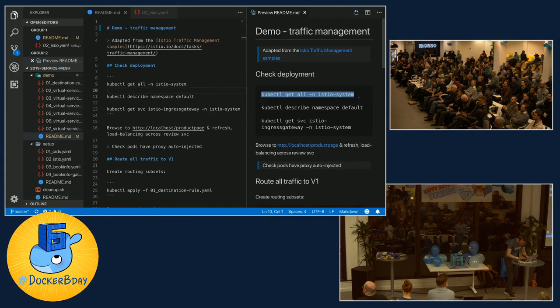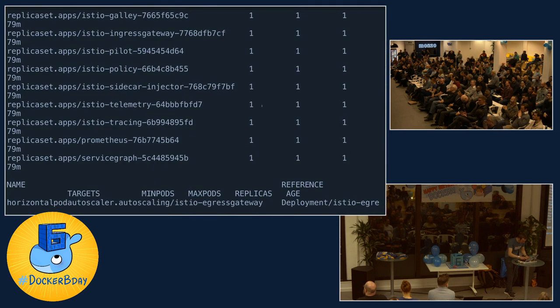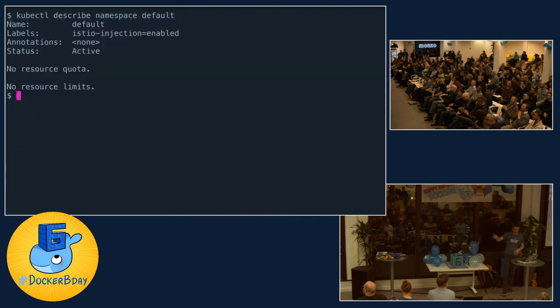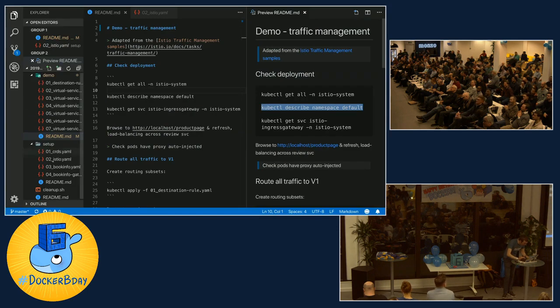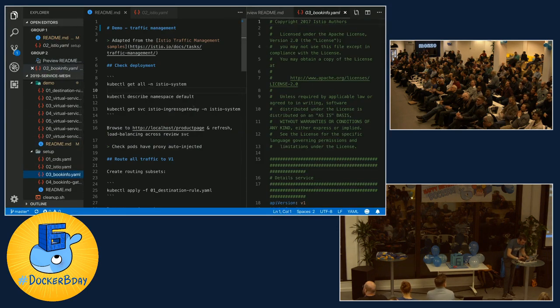And what ISTIO can do, again, because Kubernetes is so pluggable, as part of the ISTIO deployment, it can register with the Kubernetes API to ask about new stuff being created. And if you apply a label to a namespace, this label here, then ISTIO will automatically inject itself into all the new things that are created. So when I deploy my application, this book review application, I just used a standard Kubernetes manifest.